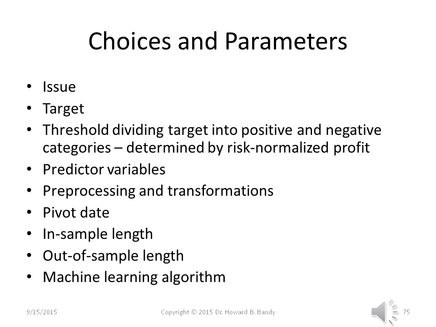You need to choose the in-sample length and the out-of-sample length, and you will note from my discussion of stationarity that the distribution of the model must be stationary over the sum of those two lengths, in-sample length plus out-of-sample length. And then you choose the machine learning algorithm, and that's a decision tree or a support vector machine or whichever. And those are relatively easy to swap in and out. So most of what you're doing is predictor variables, preprocessing, and transformation.